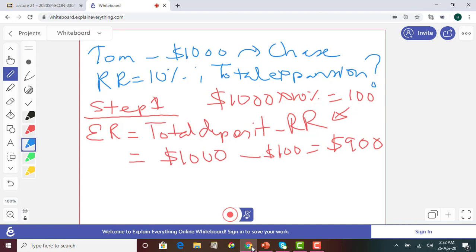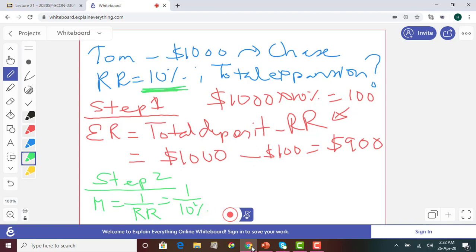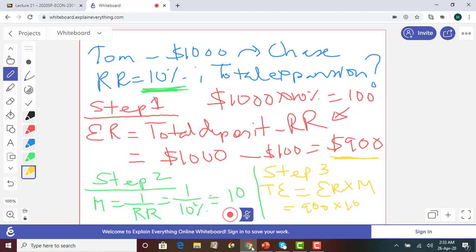Now step 2, we have to calculate the money multiplier, and the money multiplier is given by 1 divided by the required reserve rate, which is equal to 1 divided by 10%. The required reserve is 10%, and that is equal to 10. So the multiplier is 10. And the final step, step 3, the total expansion of money is given by excess reserve times multiplier. We know the excess reserve is 900. We know the multiplier is 10. So basically 900 times 10 is equal to